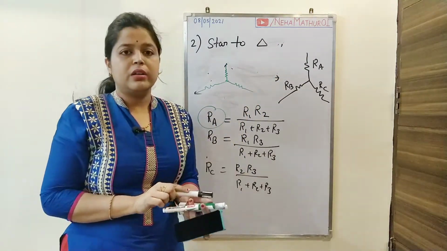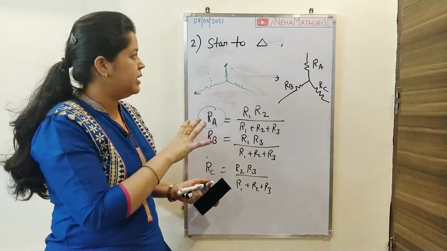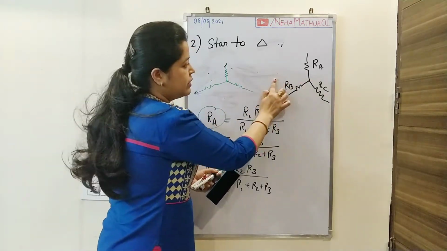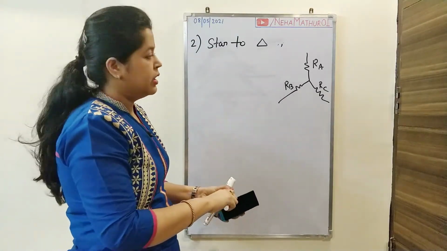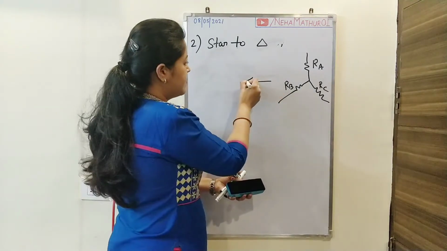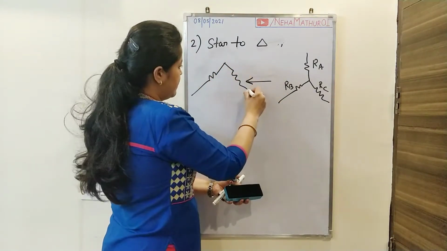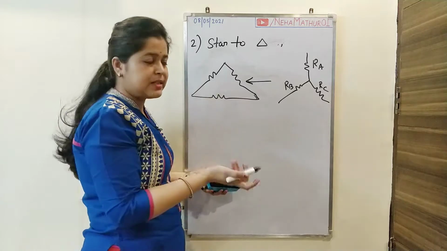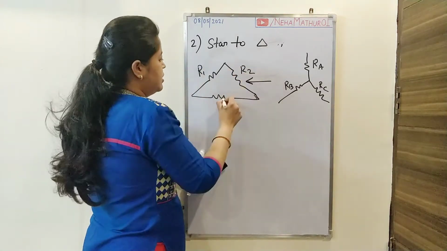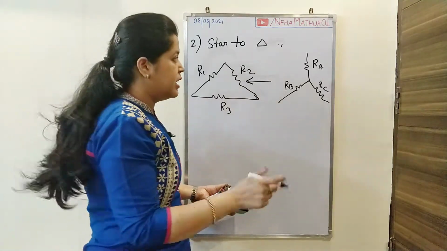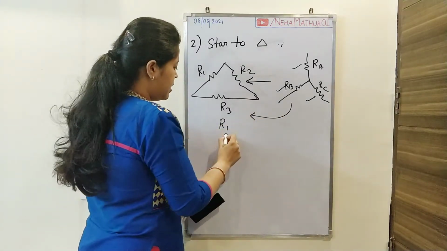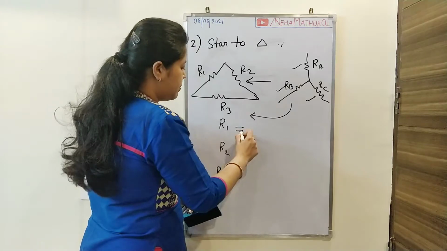If in your given particular circuit you are directly able to find that the complexity of the resistances looks like this, after that you can apply that conversion. In this situation, you can convert this star form into delta, and delta again looks like this. And just to avoid misunderstanding in the representation of the resistances, I am again considering R1, R2 and R3. Now in your given circuit you have RA, RB and RC, and now you want to calculate R1, R2 and R3, just opposite from the previous case.